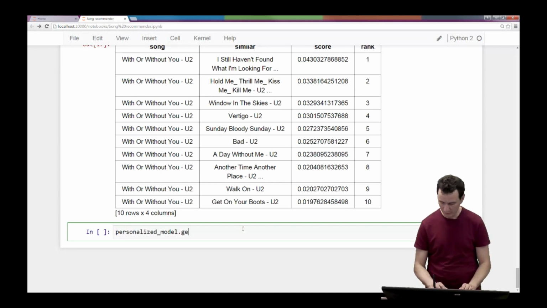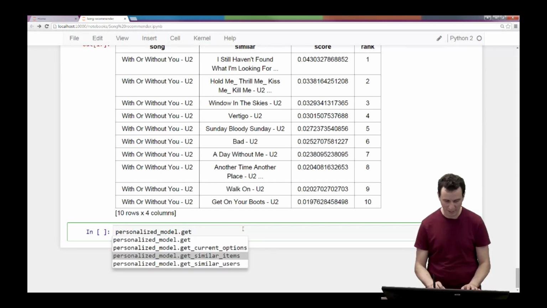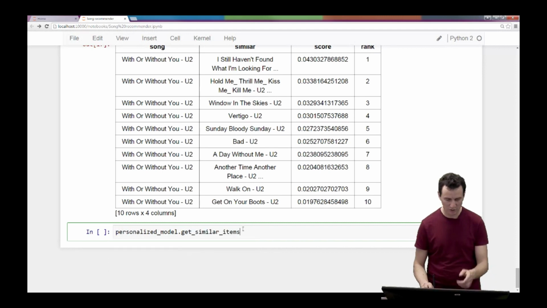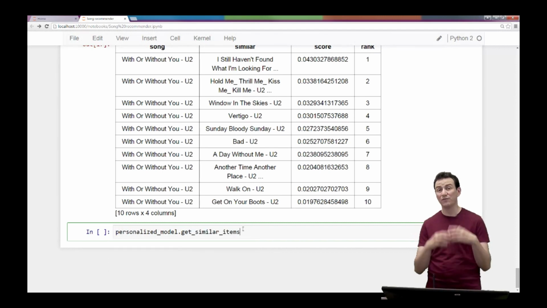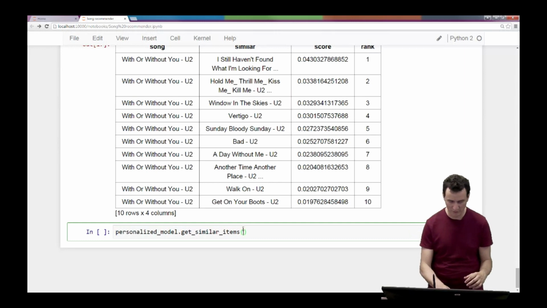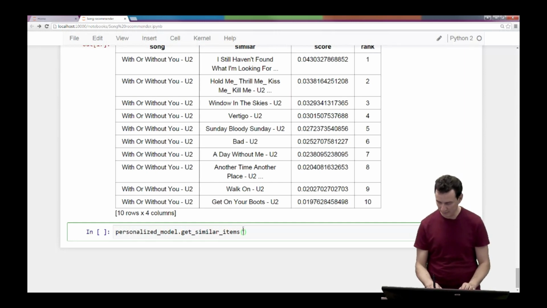Now, another thing that I enjoy: if I take this personalized model and get similar items, you can also get similar users. So for a user, find other users that like her, but here we're going to get similar items. And the list I'm going to give is a little different. So this is another song I kind of like. It's called Chan Chan, and I like the live version, and it is by